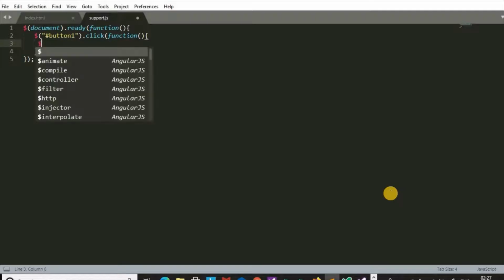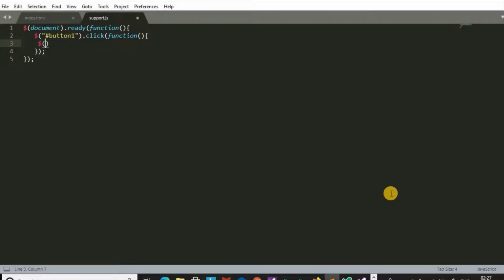So, fadeIn, where f is small and I is capital. Here we can see the fadeIn effect on this heading.